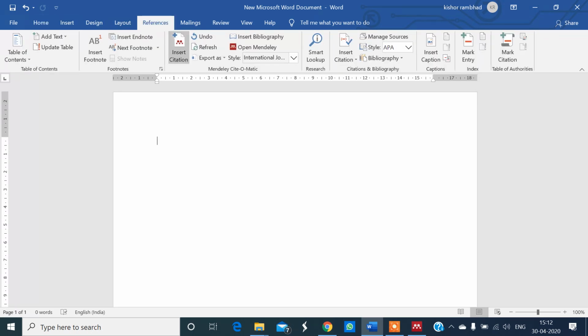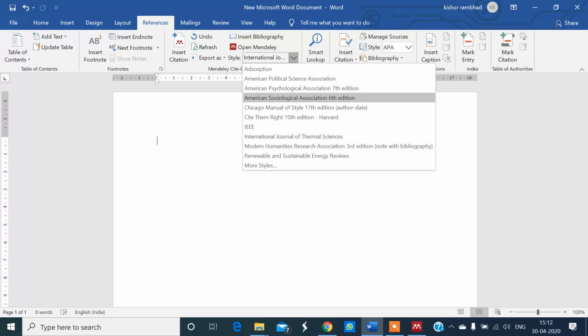In the References, you will see Mendeley Cite-O-Matic. In Mendeley Cite-O-Matic, you will see insert citation, insert bibliography, open Mendeley, then style. In style, you can see various styles of the citation.